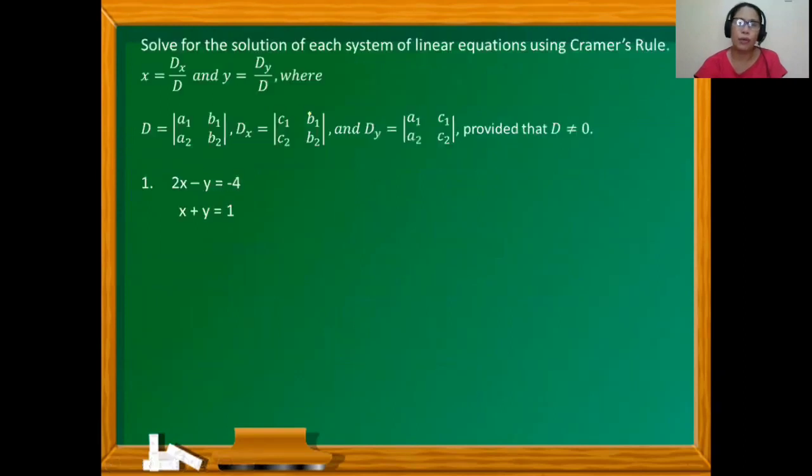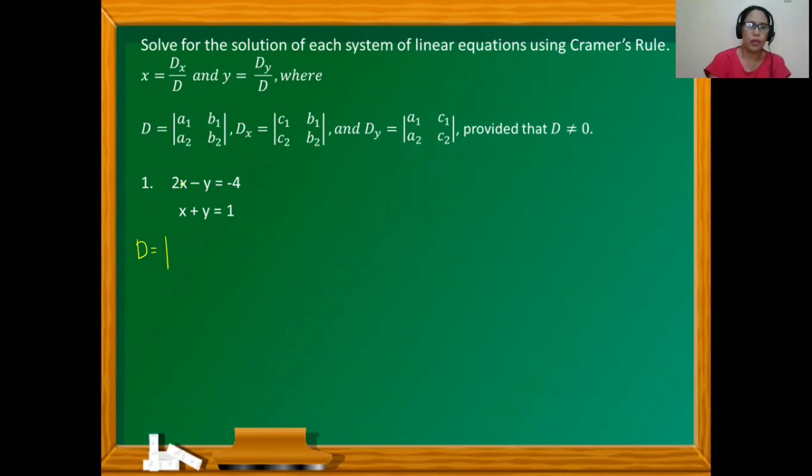So let's solve for the solution of each system using Cramer's rule, where x equals D sub x all over D and y equals D sub y all over D, where D sub x and D sub y are equal to these equations. So let's work on number one. The first thing that we're going to do is to work on each value of D, D sub x, and D sub y. So for D, we have D equals,